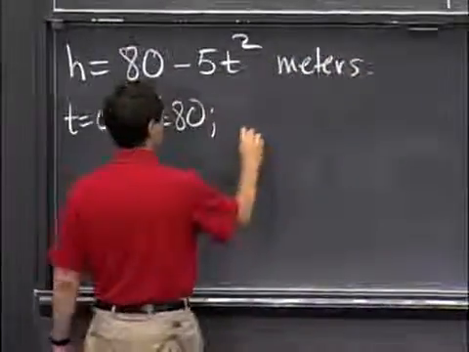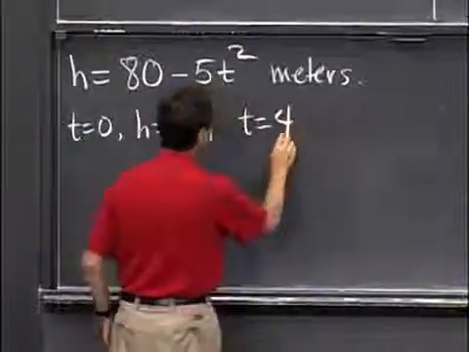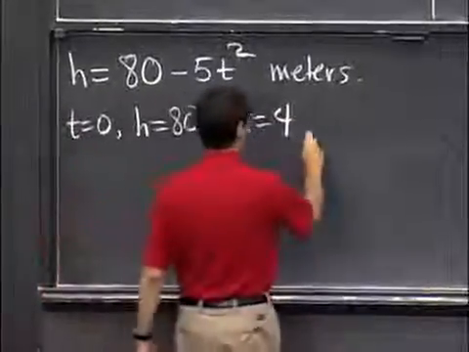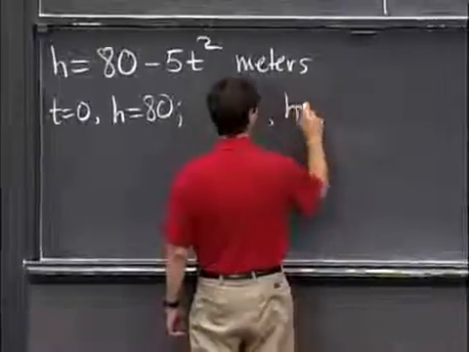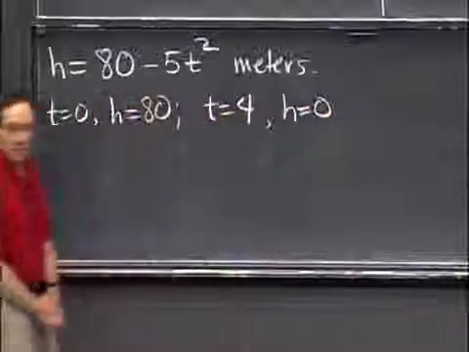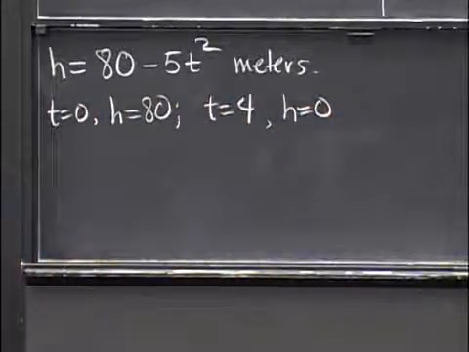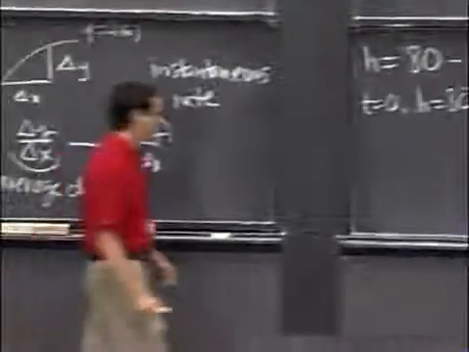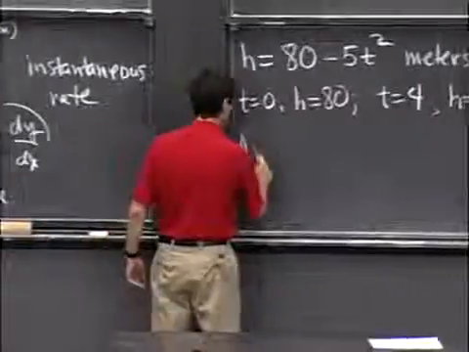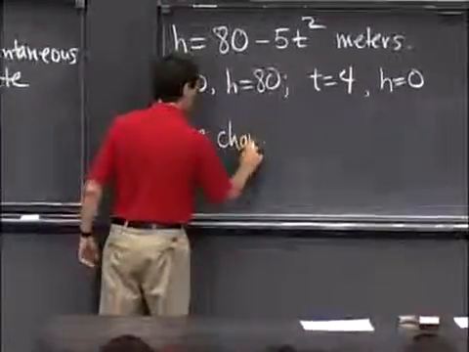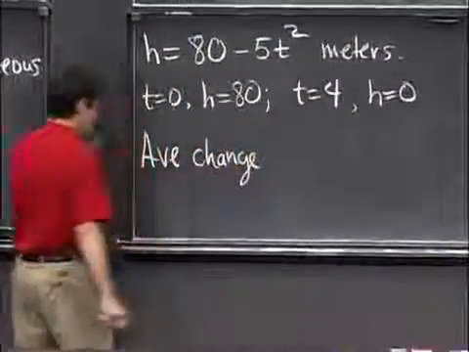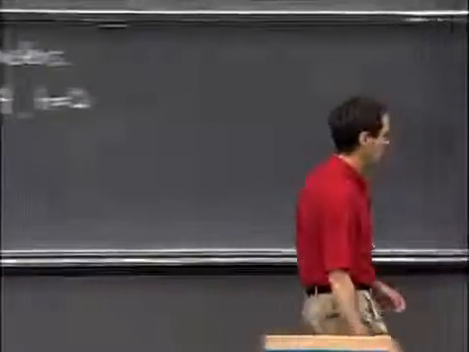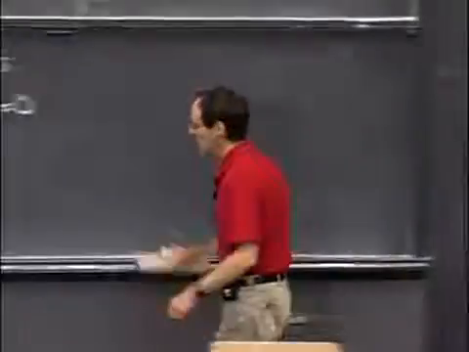And at time t equals 4, you notice 5 times 4 squared is 80. So I picked these numbers conveniently so that we're down at the bottom. Okay, so this notion of average change here, or the average speed, maybe we'll call it the average speed,